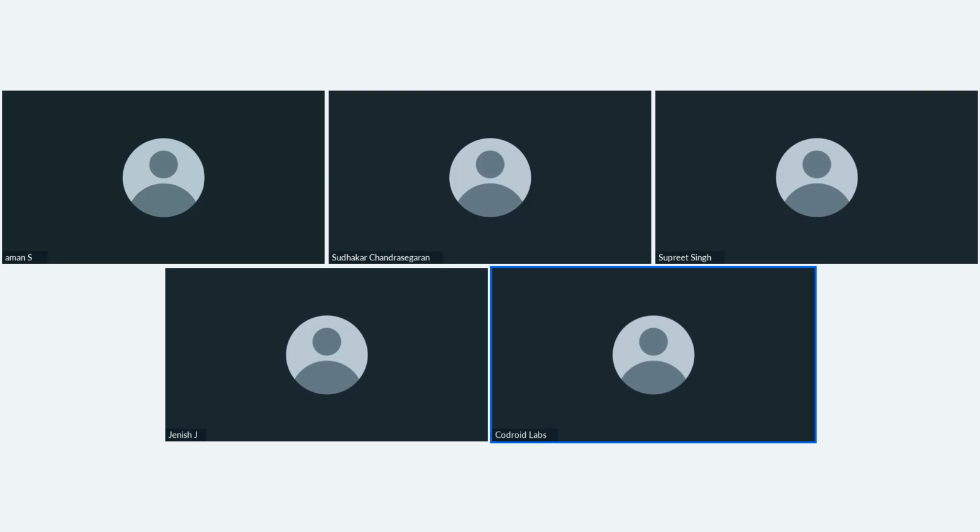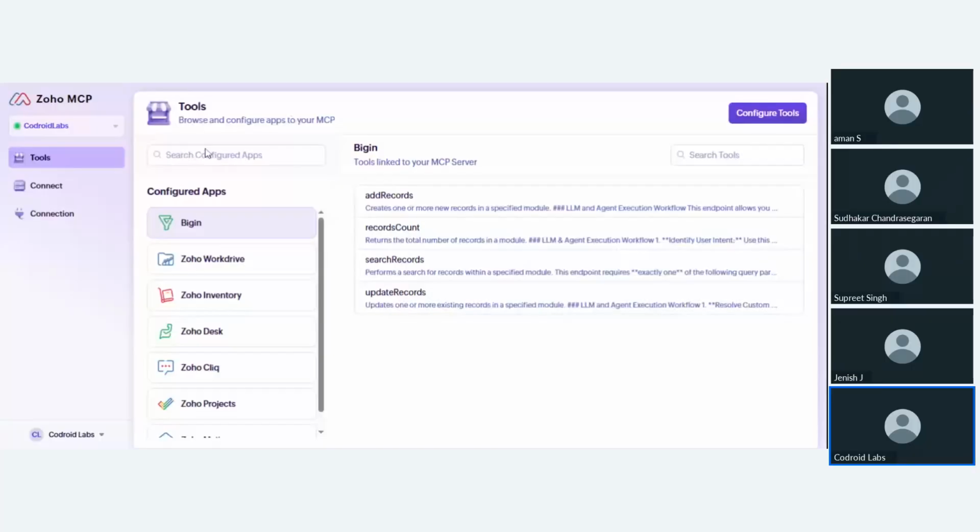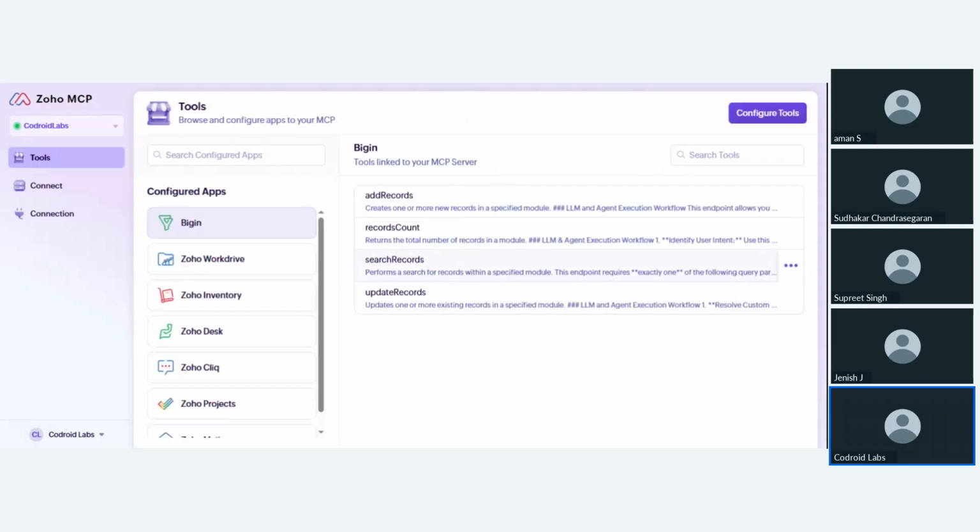So this is the portal, the MCP portal. Here you can find tools, connections and lots more things. If you have some portal, you can find it here.